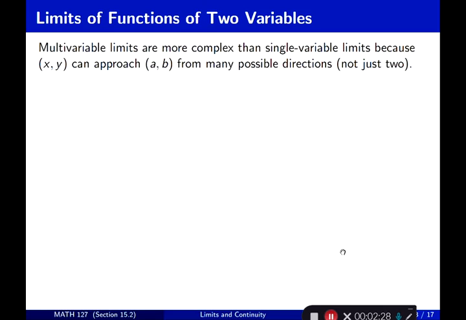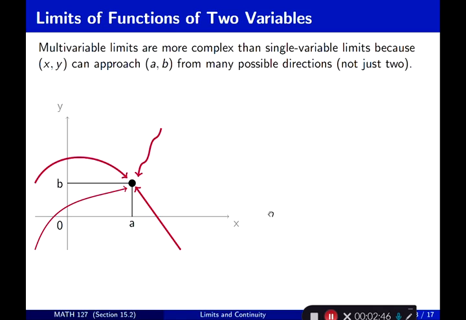So what do we mean when we say multivariable limits can be more complex than single variable limits, because x and y can approach a and b from multiple directions, not just two? Here's the example. See, this point, the black, is point a and b. The directions that you have to watch out for can look like this, can look like this, can be a straight line, can be a wiggly line, and basically in any path you can approach the point, and still you have to